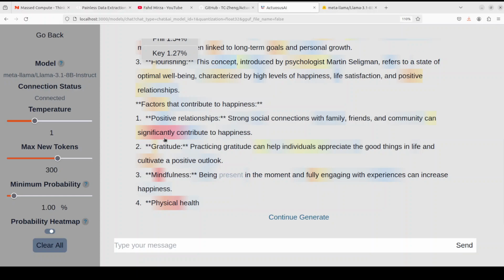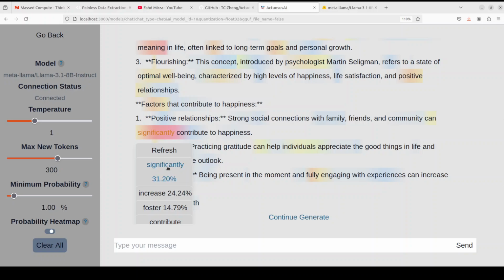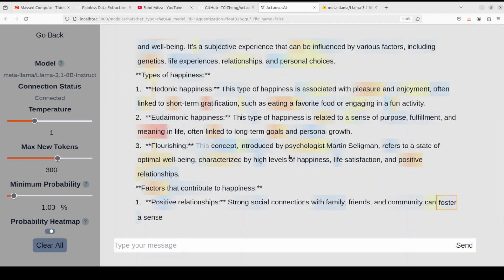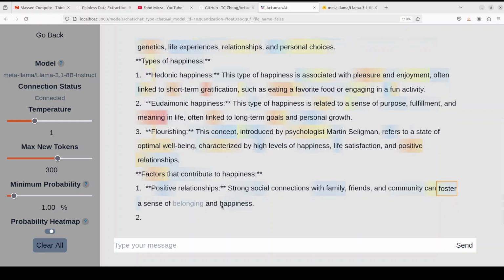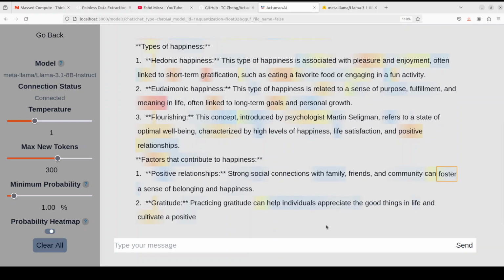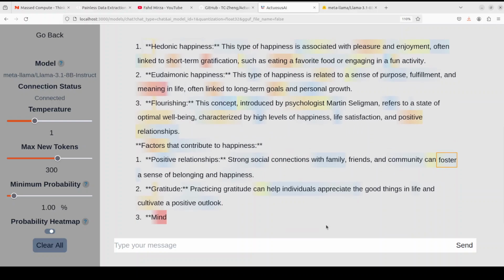For example, significantly is hotter, so if you click, there are more words. I'm scrolling down here with my mouse. If I say, for example, faster instead of significantly, you see it has totally changed the flow of creation. So basically by selecting a word, you can change the flow of creation of the model,